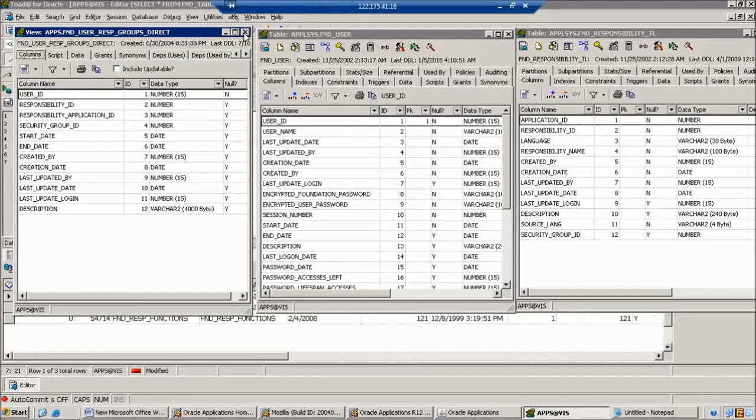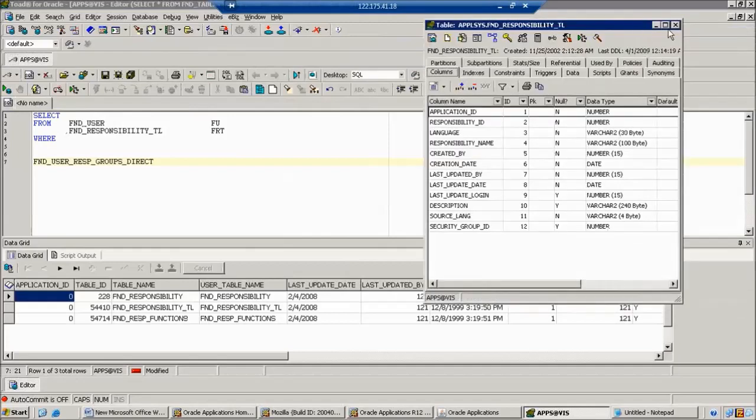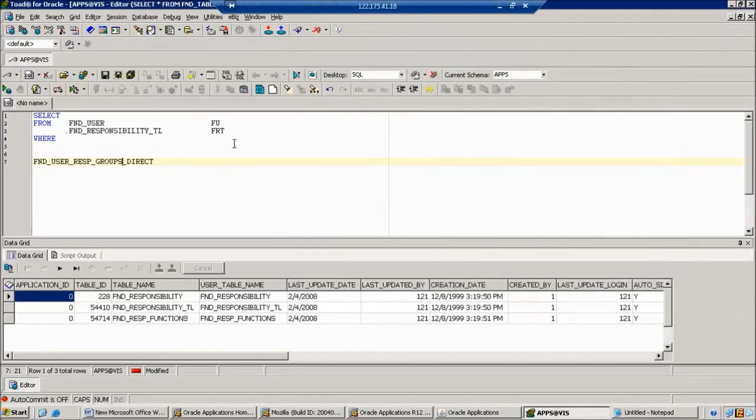So once we finalize this one, now we close this and specify that table. Then here I can add that table and give the alias name FURGD, right?